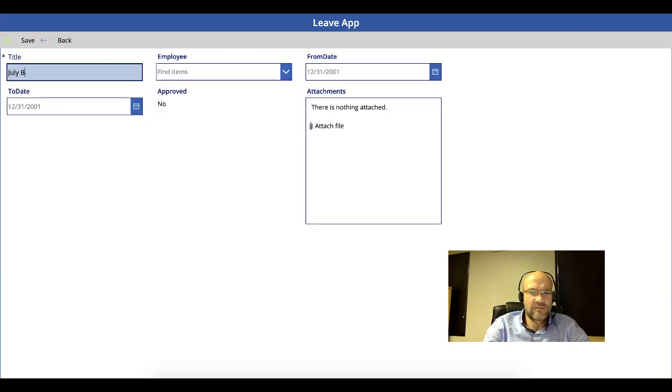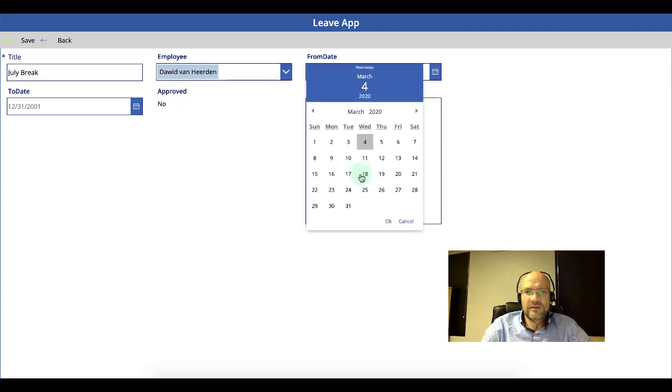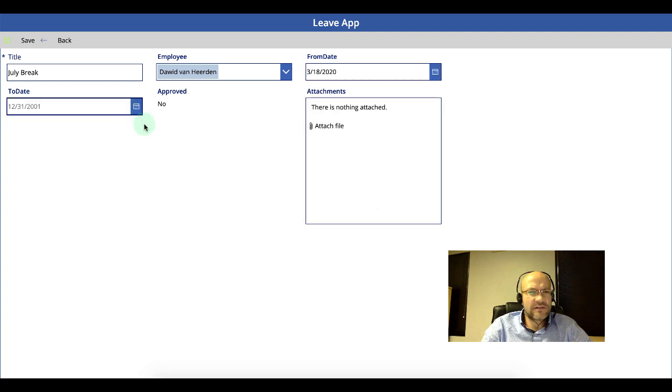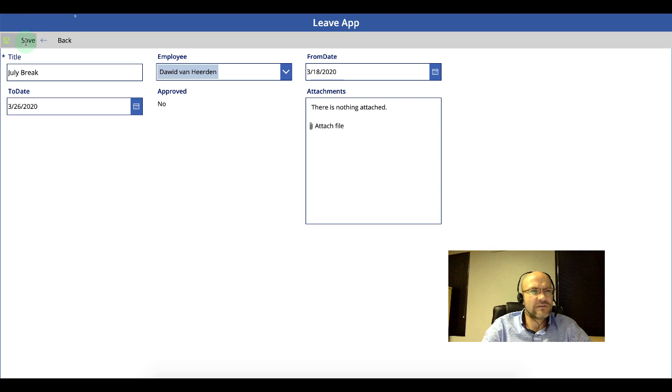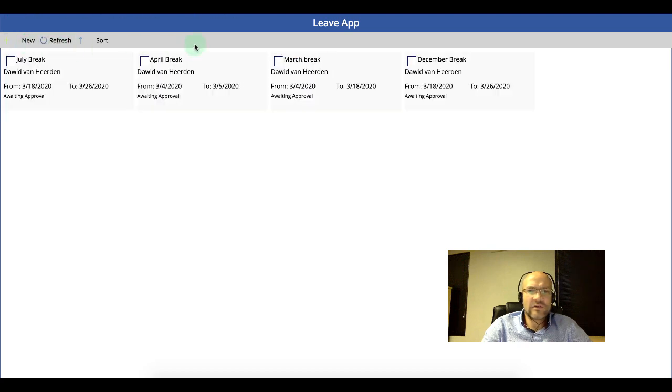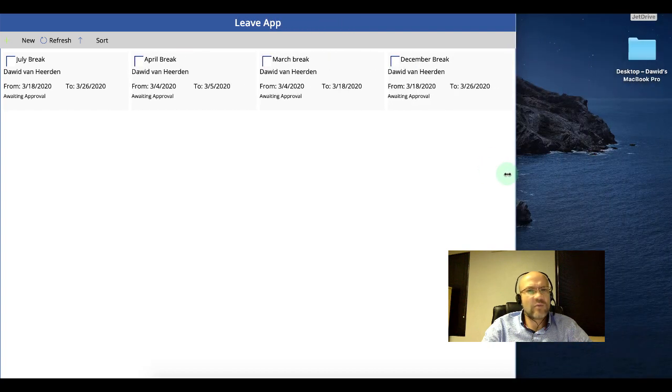is my July break, and this is going to be for myself. So there's no validation in here, so I can say July break and I can put in any dates whatsoever. You'll see that the commands update in this bar depending on where you are in the app, so it's context sensitive. And in addition to that, if you now go and resize the app or open it up on